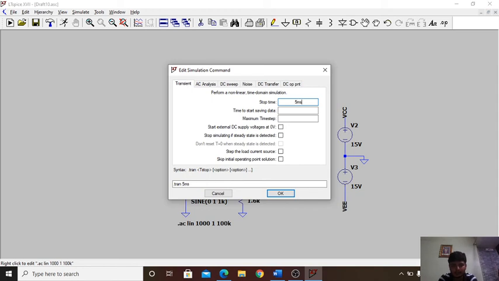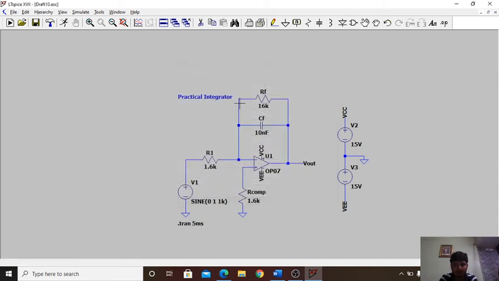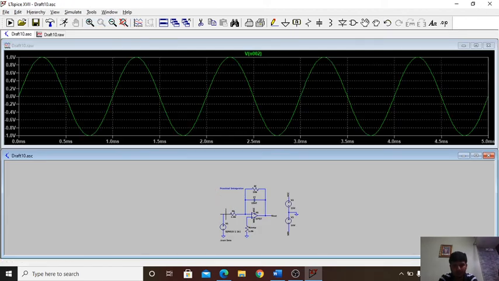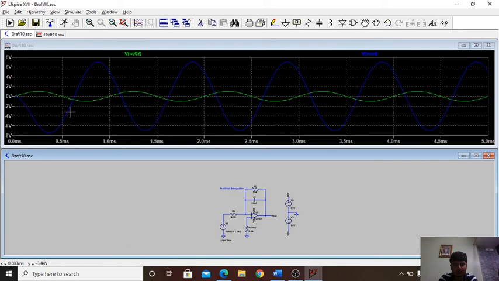You can give a stop time of 5 milliseconds, and now we'll go to simulate and click on run. We'll check the input voltage. It is 2 volts peak to peak, and it is a sine wave. For a sine wave input, we are getting a cosine wave as the output of the integrator.